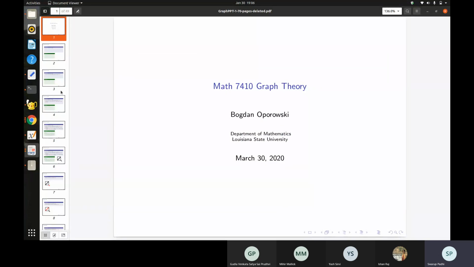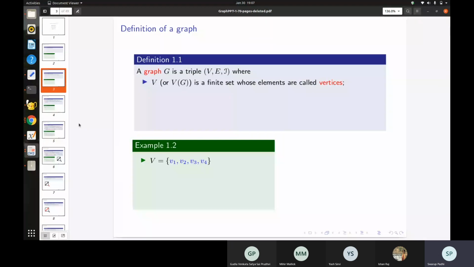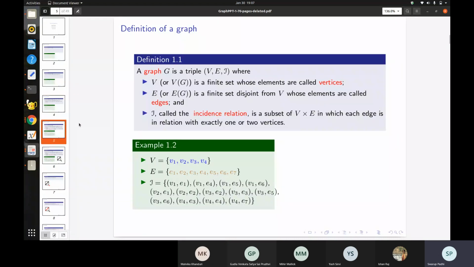So let's first understand what a graph is. A graph is a triple V, E, J. It's a tuple of three different sets, where V is a finite set whose elements are vertices, and E is another set which is disjoint from V whose elements are edges, and J is called the incident relation, a subset of V cross E in which each edge is in relation with exactly one or two vertices. J is a subset of V cross E. That means it is a Cartesian product from V to E,